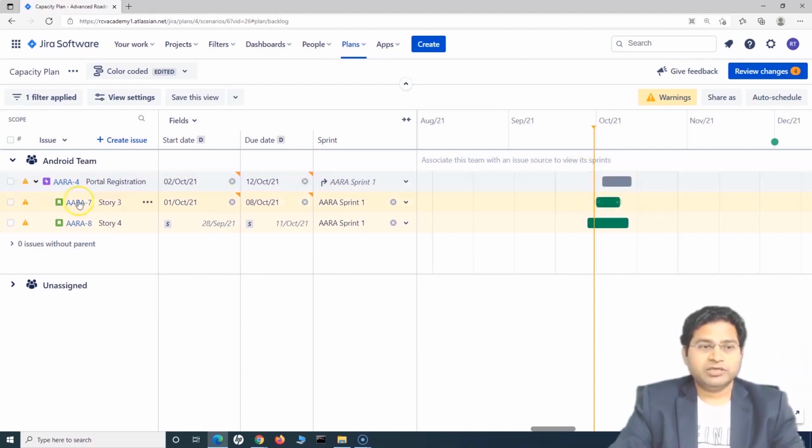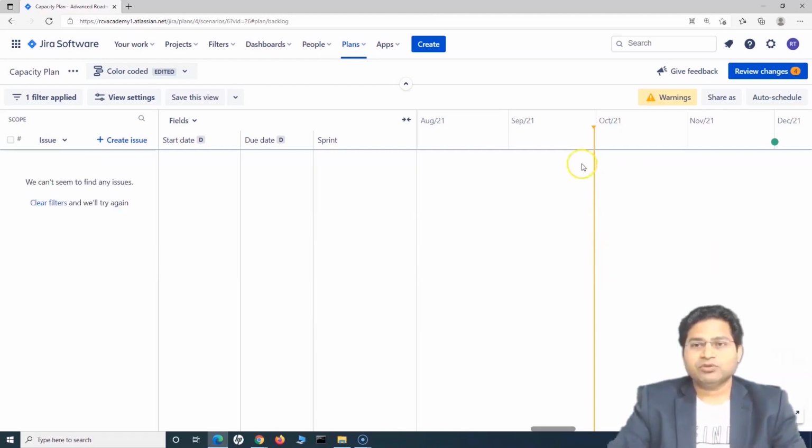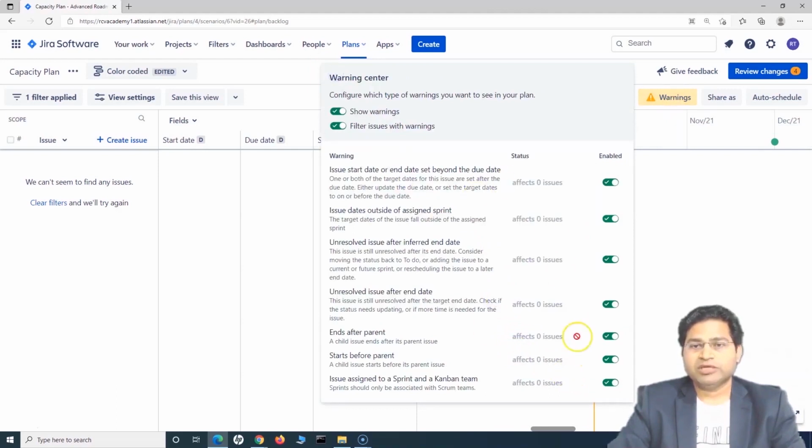the sprint. Now if I hover over this warning, the only warning is that this issue is starting before the parent. These are the child issues, so they can't start before the parent, because the parent is the root level issue, and once any issue has started within the parent, that means the work item on the parent item has started. So you either adjust the parent date, so that the start date of the parent aligns with the issues, and now you will see there are no issues being affected with any of the